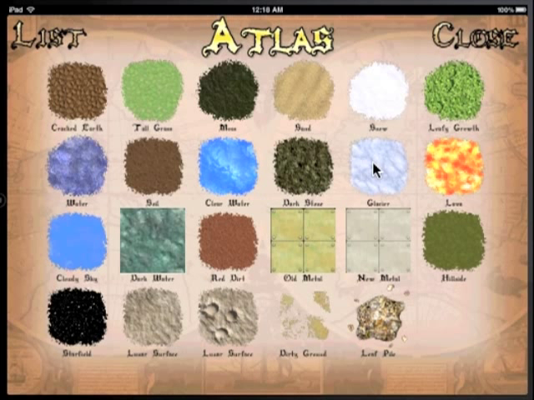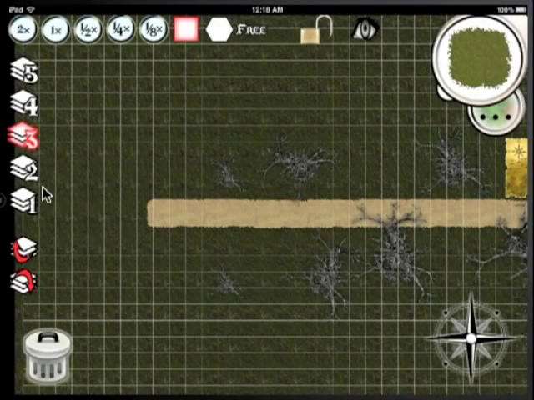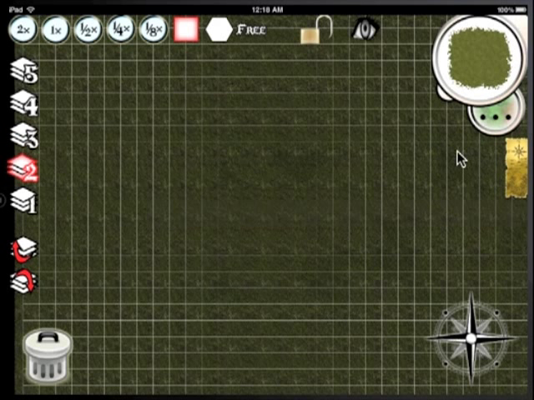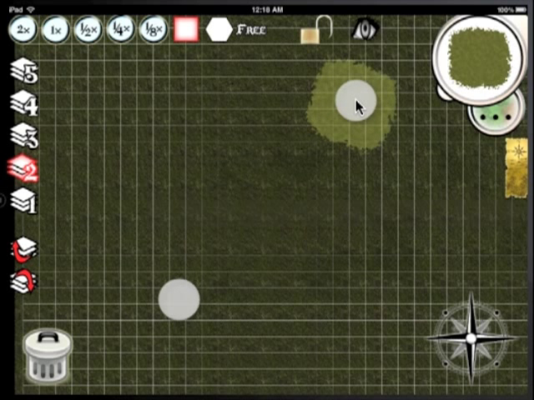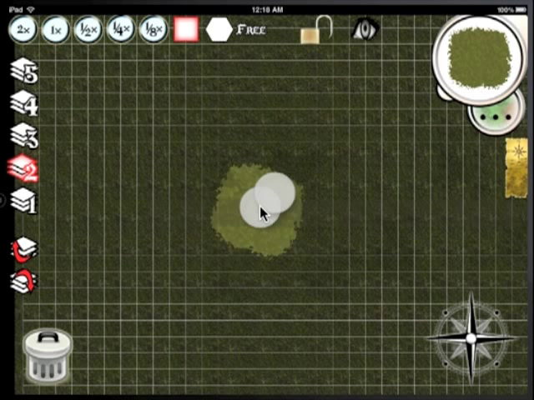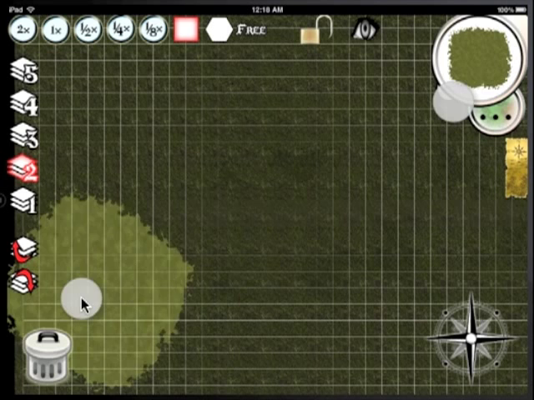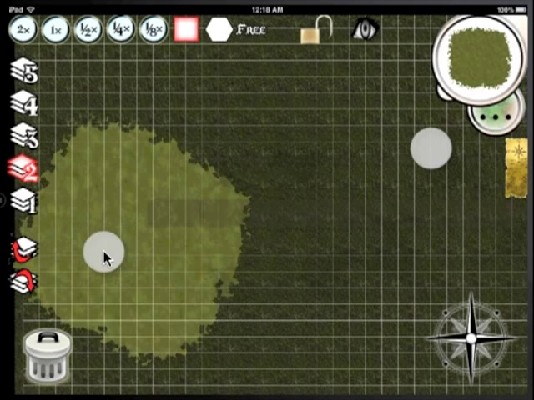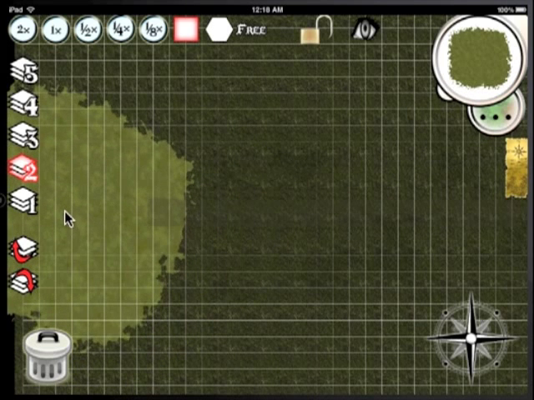I'll go and I'll grab a patch of land, green land. Not that green. No, this green. And I'll go down below the road layer and place it. And then stretch, and stretch some more. And I wish I was on a real iPad right now. And now it's ready. I just place it,